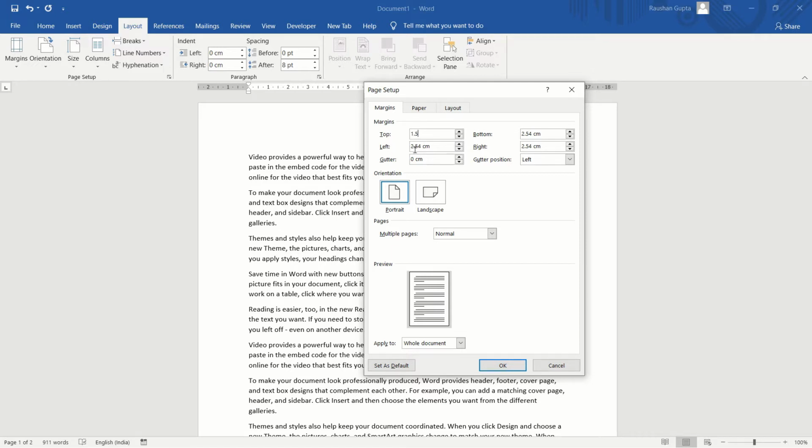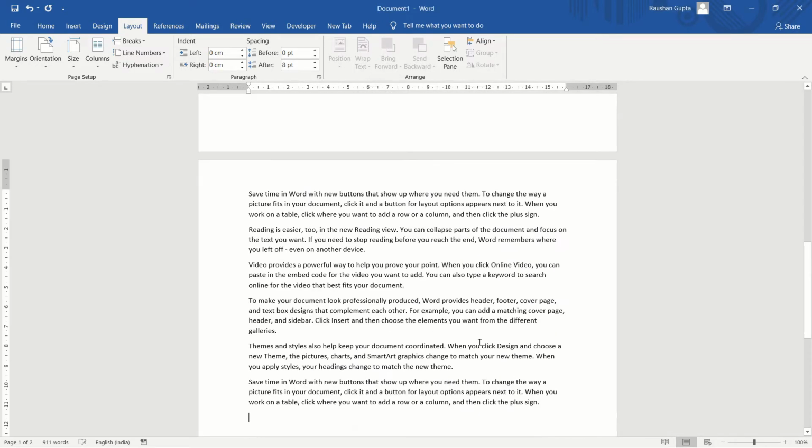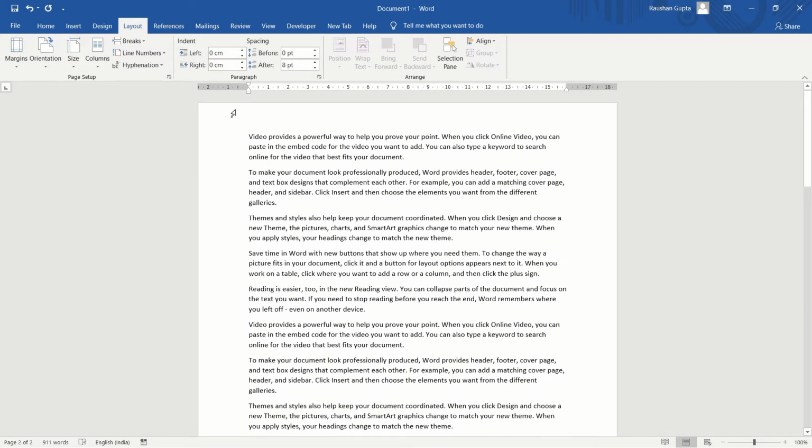Likewise, you can set the left, right or bottom margin. After writing, you have to click on OK. Now you can see the top margin has become smaller than the previous one. So this is the use of margin.